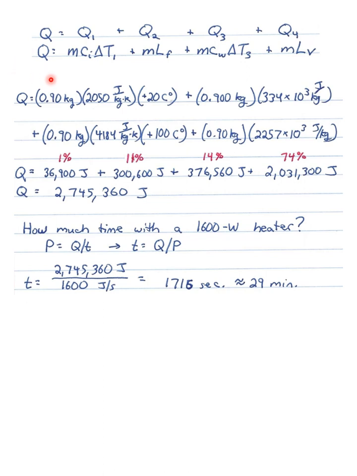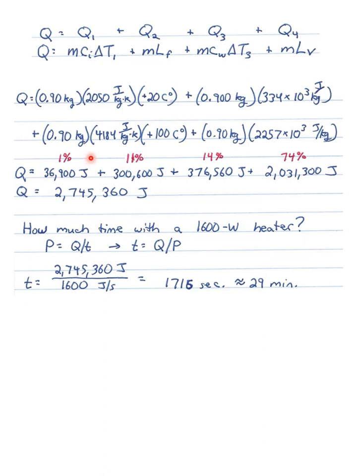So we have the mass in kilograms, we have the specific heat of ice times, while it was in that first step just being ice, it went up 20 Celsius degrees. We have mass times heat of fusion, plus now we're going to raise the temperature of the water, so we need the specific heat of water, 4184, times it went up by 100 Celsius degrees in that step, plus mass times heat of vaporization. I've calculated each of those, and you notice only 1% of the total heat, it rounds to 1%,